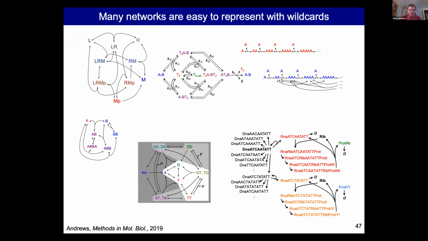So with this new scheme, I built a whole bunch of other networks. Here are other simple networks: polymerization with breaking in half, transcription and translation. There's again a MinD system, but more systems. There's transposase, that's what it is. But it's really fun to build these different systems with wildcards, and it's surprisingly powerful.